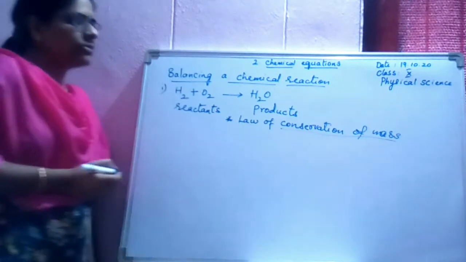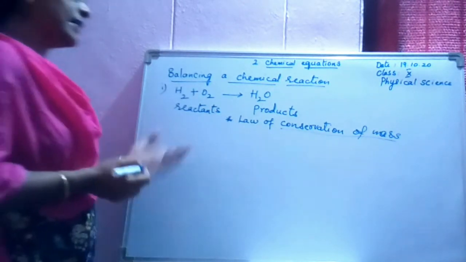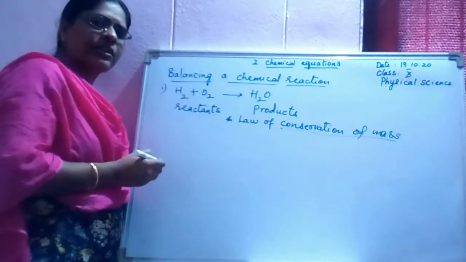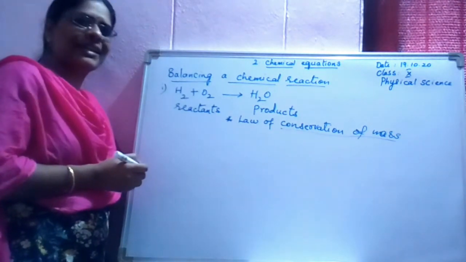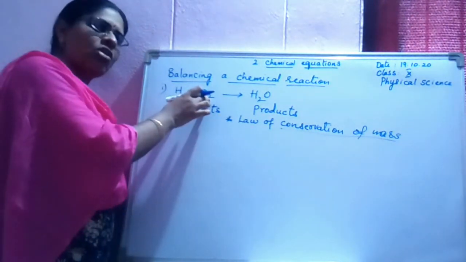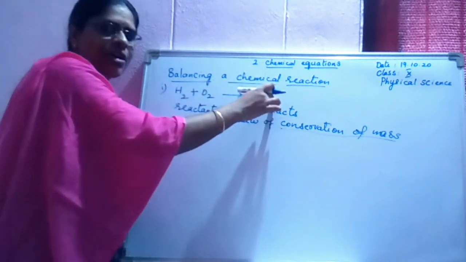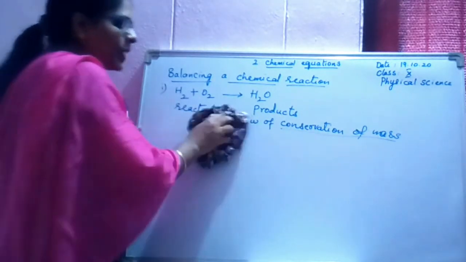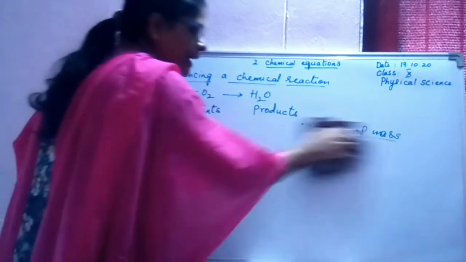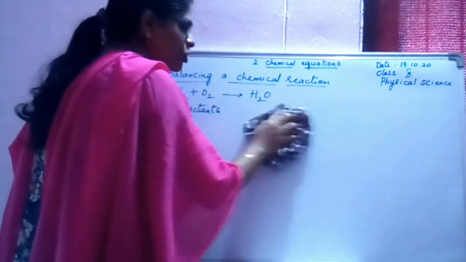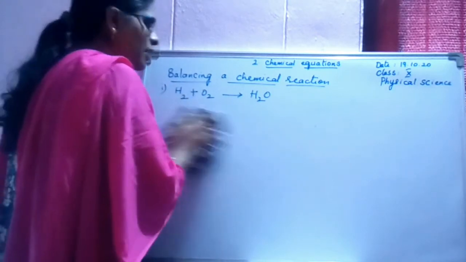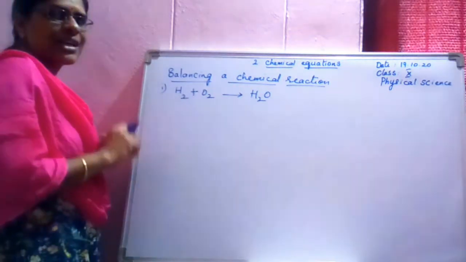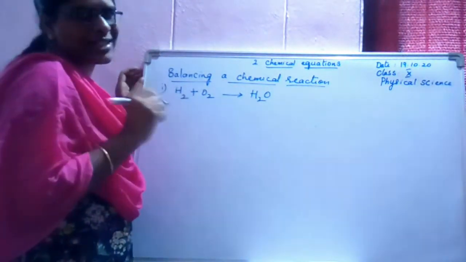Okay? Now, these reactants always combine to give a new product. Now, how to balance this chemical reaction? These are always called reactants. These are called products. Now, let me show you how to balance this chemical reaction. In the exam also, you must do the steps. If they give you 1 mark, you can directly do it. But for 4 marks, compulsorily you must do the process like this.